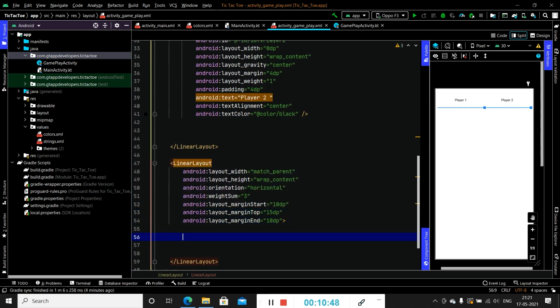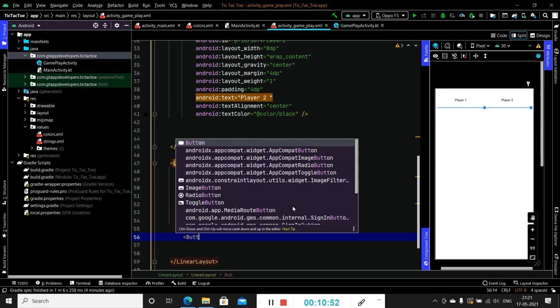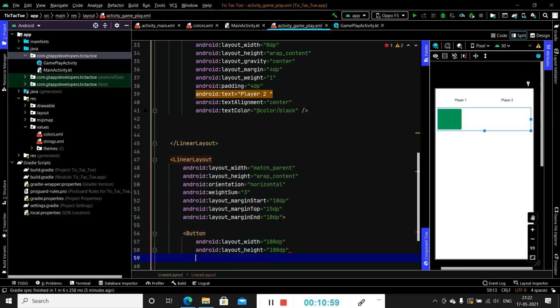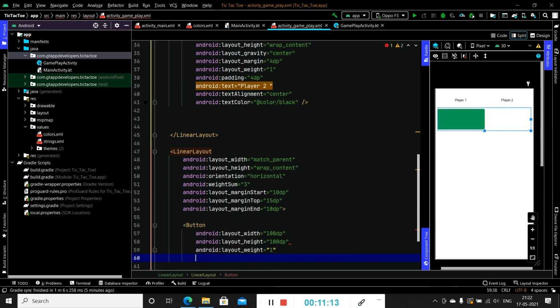Inside this we will be creating the three buttons, specifying width and height as 100 dp. We'll be specifying weight as 1.